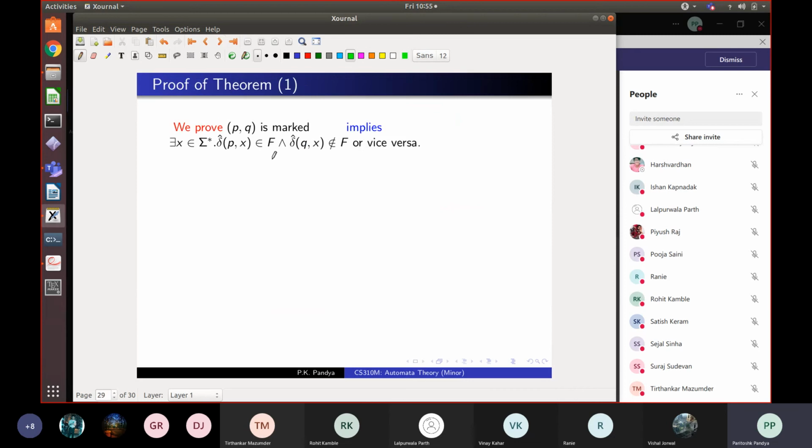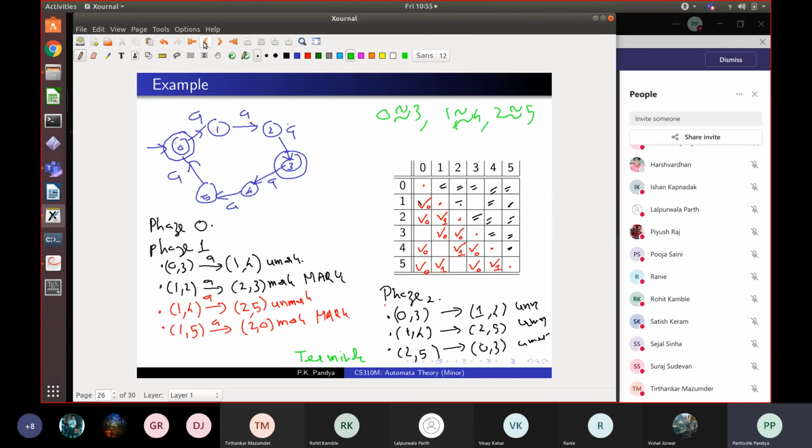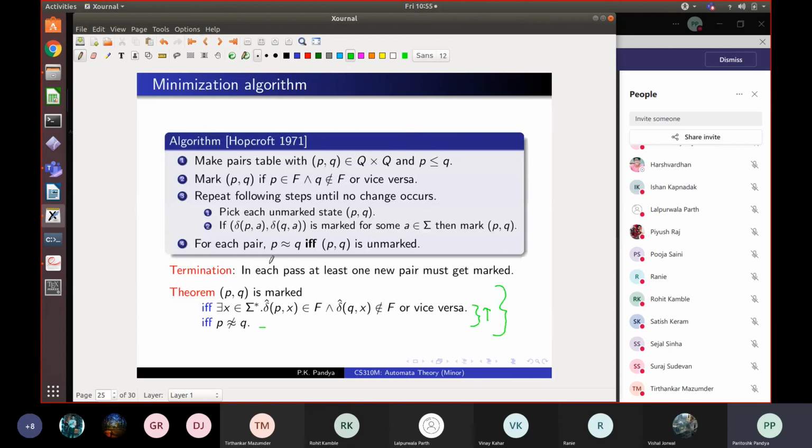I think we are at the end of the class, but do you see that we have some algorithm and we are claiming that this will find all the separable pairs? It will not miss any separable pair. In theory, to separate two states, we have to consider all possible strings. Until there exists a string, however long, which separates them, the pair must be marked. But we are only considering finitely many steps, and we are claiming that we find exactly the set of separable pairs of states. Okay, that is this theorem.